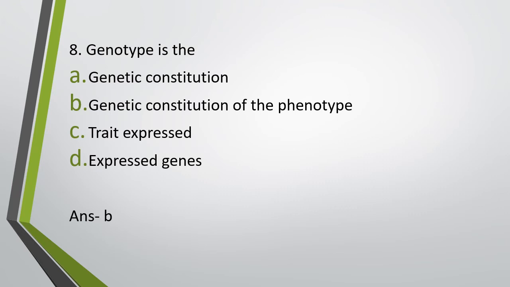So if a plant is tall, this tall is its phenotype. Now you can find that genotype: if it's a pure line, then capital T would be its genotype. If it is heterozygous, then capital T small t would be its genotype. The phenotype for both these genotypes is tall, but the genotype is different even though the phenotype is same.